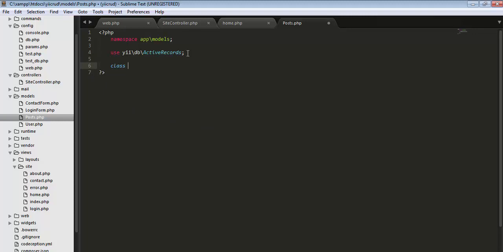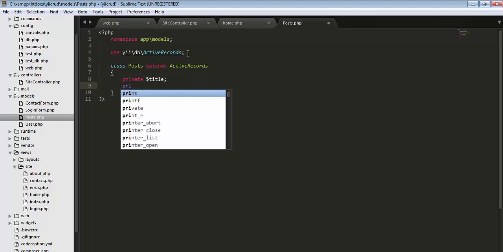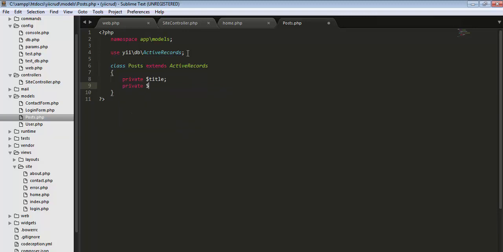Okay, and then we need to create some private variables for title and then description. Okay, and then category. These are the same fields which I have created inside my database. If you have a look at our database table, these are the fields which I have created in my table. So the same fields we need to take here as variables, and then we need to create a function,